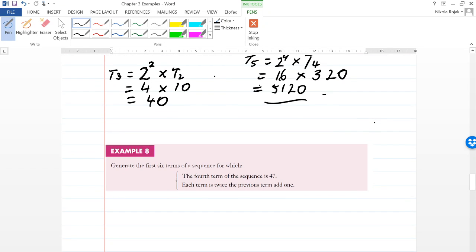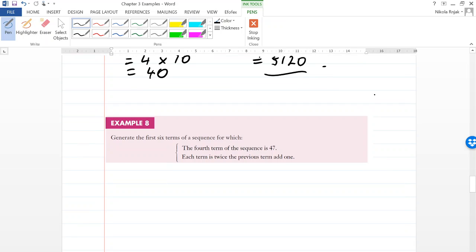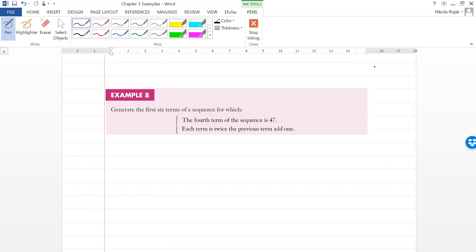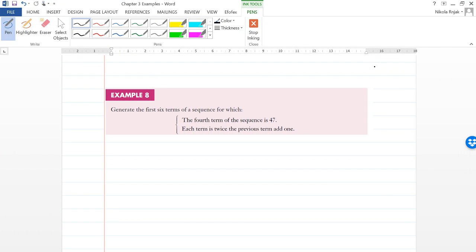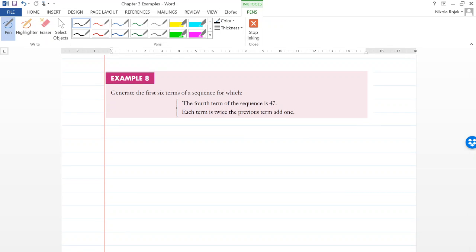Generate the first 6 terms of the sequence for which the 4th term of the sequence is 47 and each term is twice the previous term, add 1. Okay, so there's a couple of ways that you can do this. One way is just by thinking of it intuitively. Sadler actually goes through this in the book, algebraically and intuitively. So say we created a table,